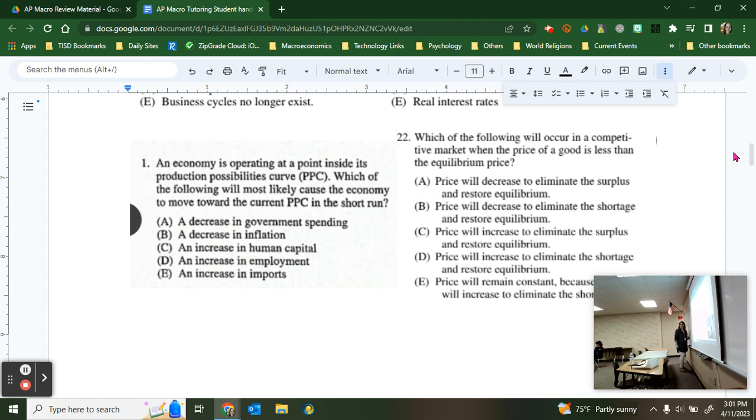What do you think you get when you have low prices where there's lots of quantity demanded? Quantity demanded is everybody wants the thing at that price, but there's very little supply. What S word would it be when there's so much more demand than there is supply? This is a shortage.